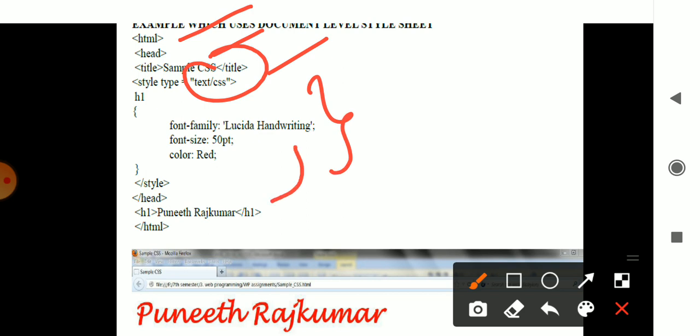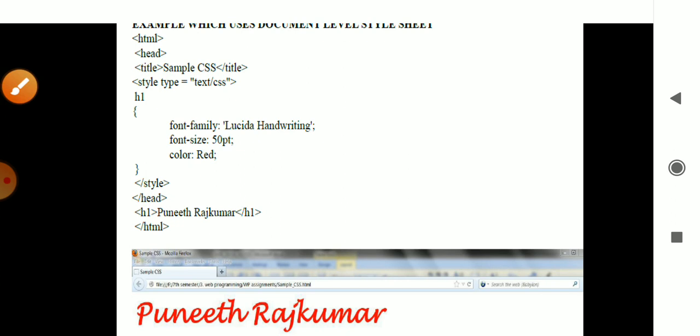You have HTML, head, title sample CSS, then style type. The type I am using is a textual type of style data. Here the heading, Puneet Rajkumar, its font style is Lucida, 50 and red.